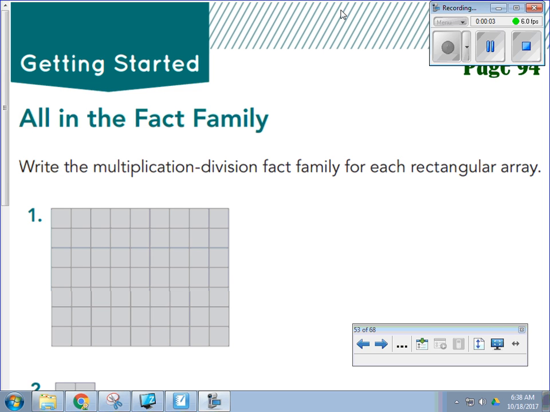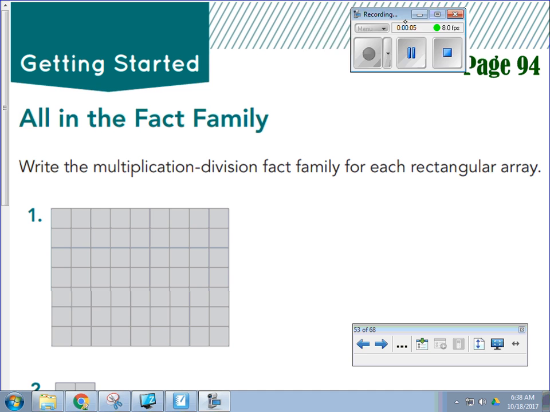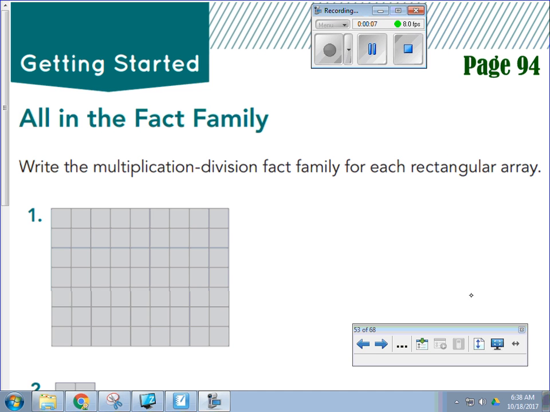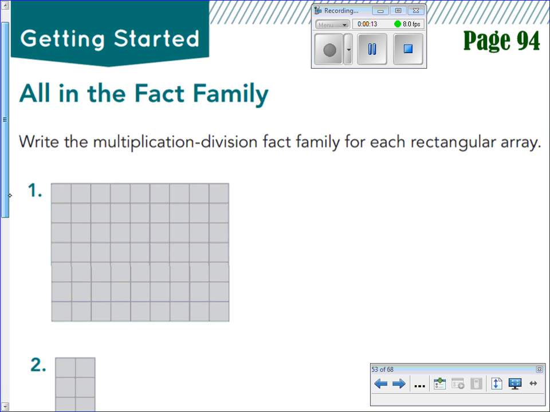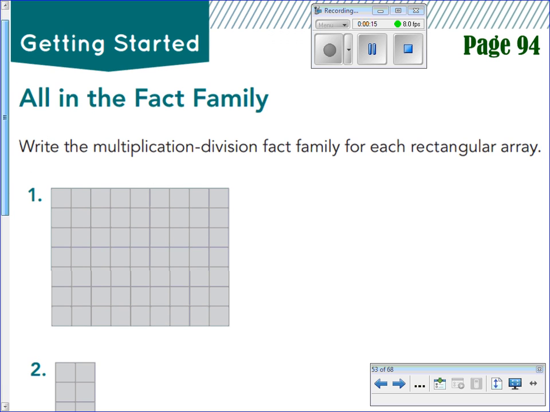All right, I wanted to make sure that you had page 94 completed correctly. This is going to be important later on in this lesson. So please double check and make sure it's correct. It's asking you to write the multiplication division fact family. This goes back to your times tables. What they're asking you to do is to just